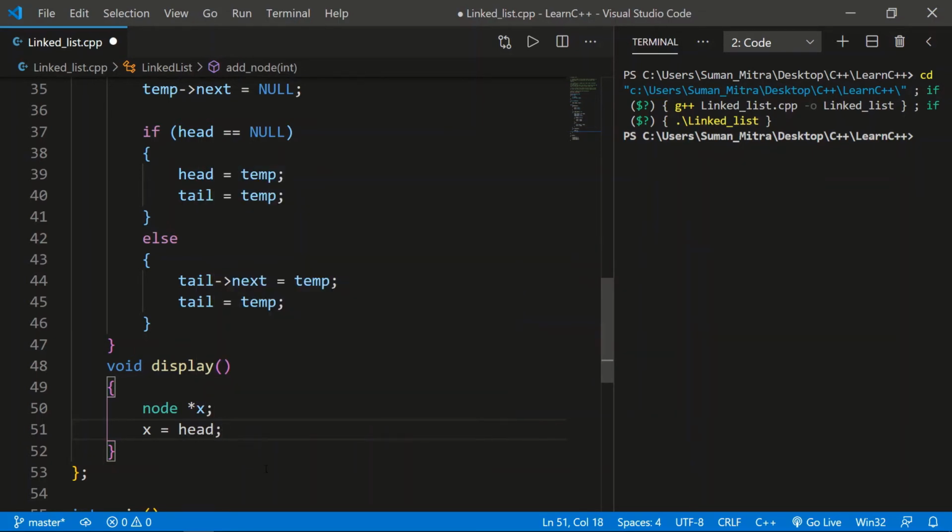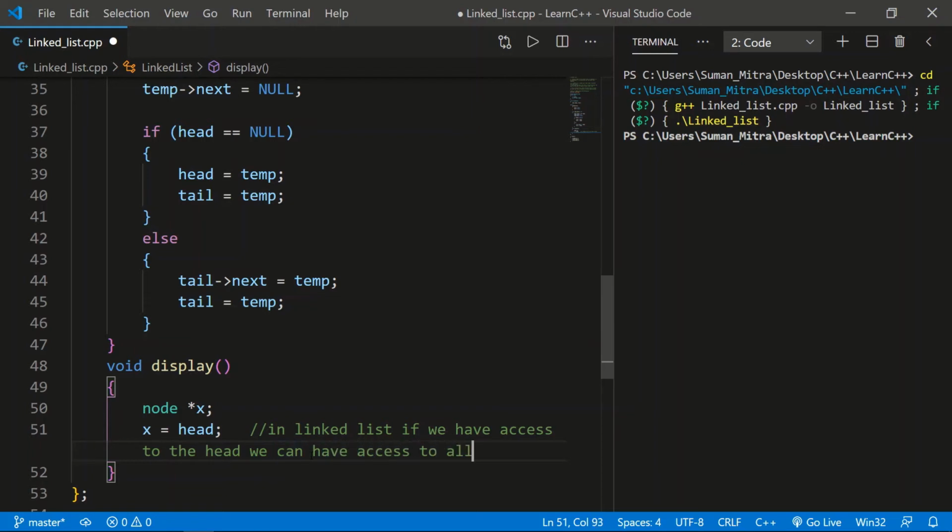Now, a very important point in a linked list: if we have access to the head, we can have access to all the members.